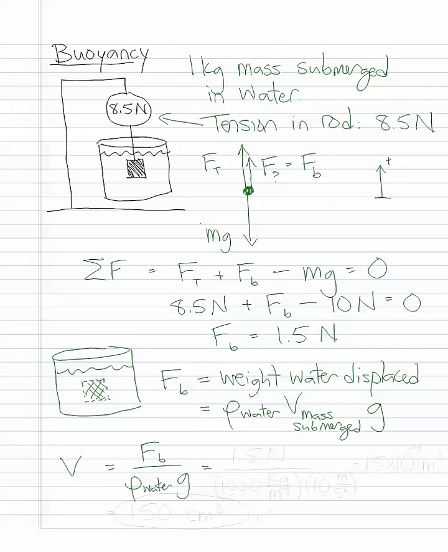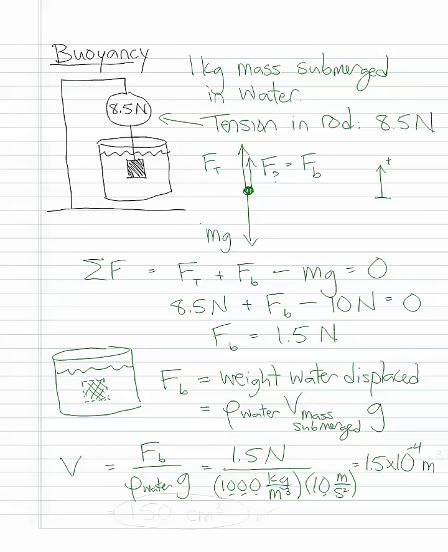So we have 1.5 newtons divided by the density of water, which is 1,000 kilograms per cubic meter, times 10 meters per second squared, which is 1.5 times 10 to the minus 4,